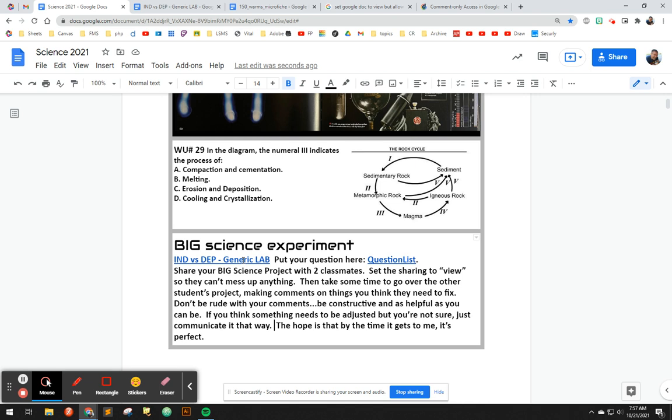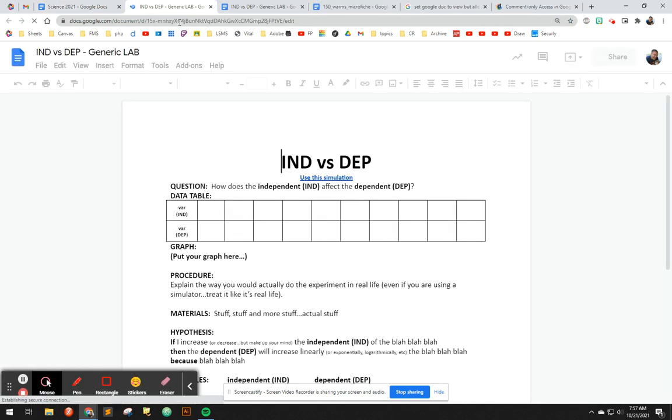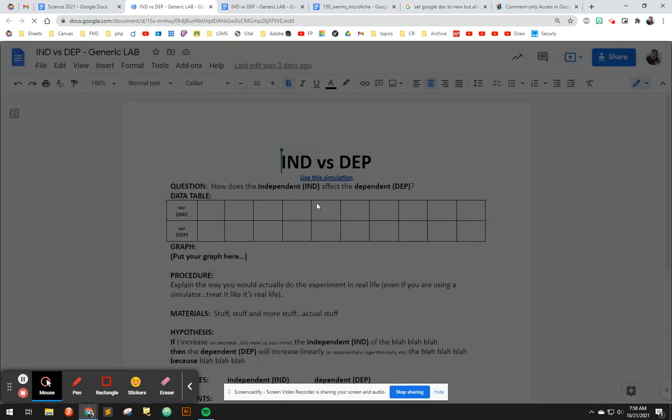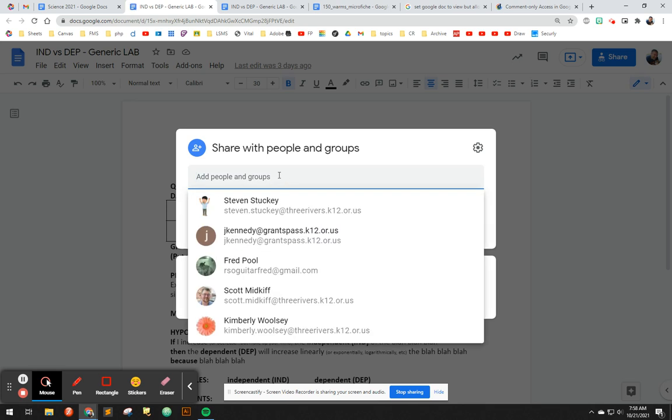So let me show you how you can set up the sharing so that they can view and they can comment. Actually, I don't know, it's probably not set. Maybe I need to change this from view to comment, because here's how it looks. You click on, I'm going to click on that, but you go find your actual project. And then let's say I want to share this with Mr. Stuckey. So I'll put Stuckey,